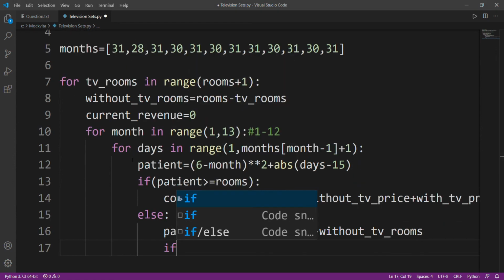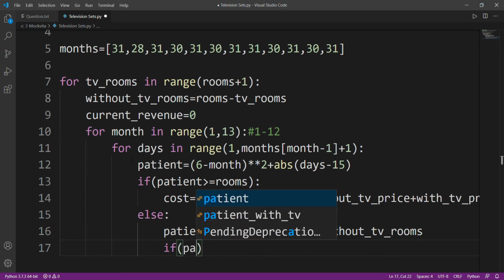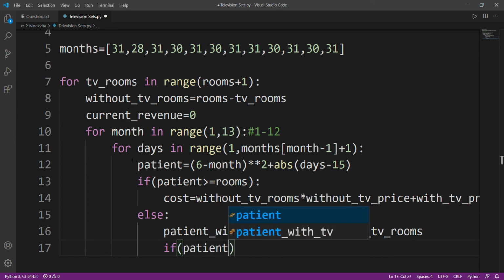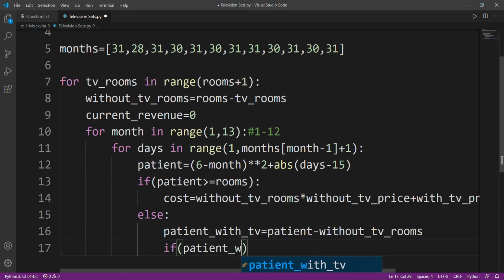And then I have to check another condition. If the patients with TV are in a negative form or not, I just check that.